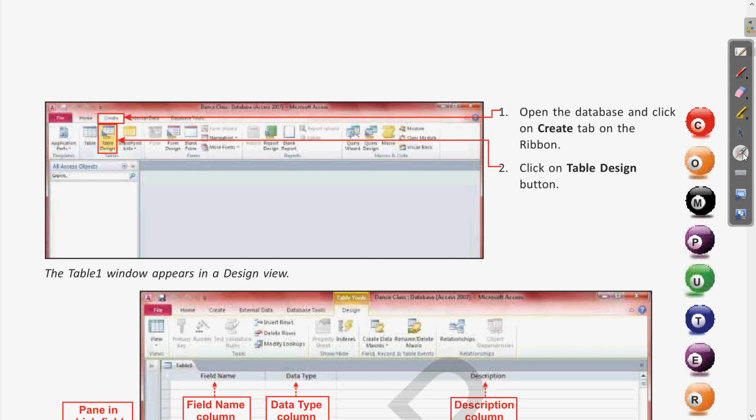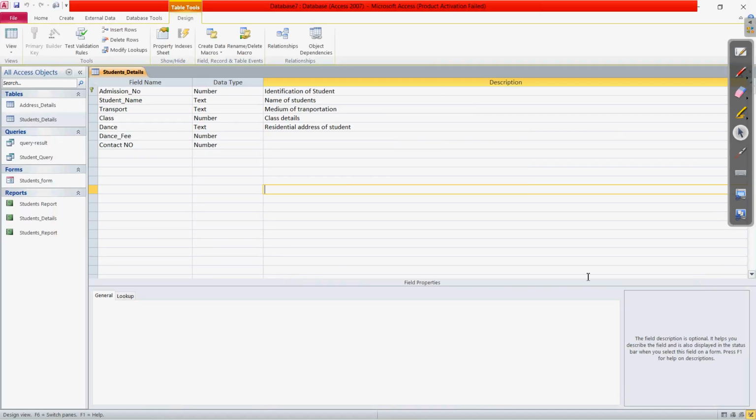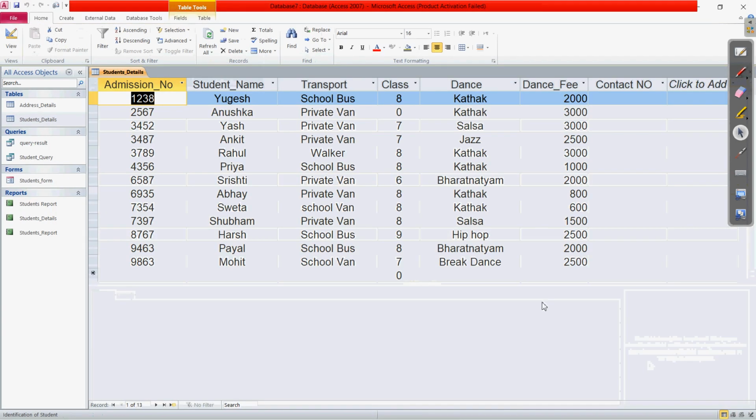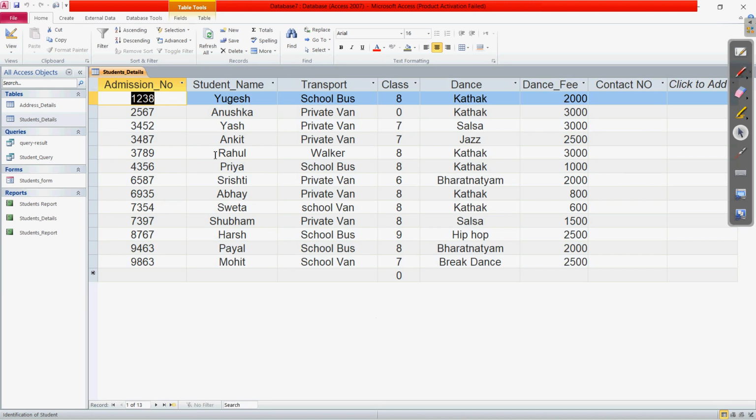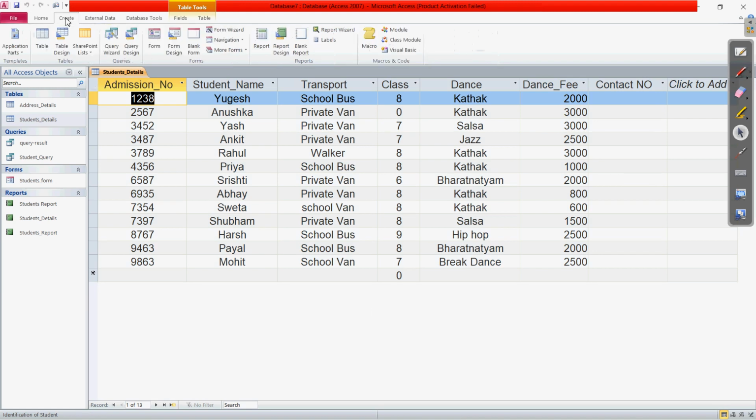If we want to come to this table design button, we can go to create and click on the table design option. Here also this will give you the design view option. So let us come again. This was the datasheet view. If you want the design view, go to create and click on table design.